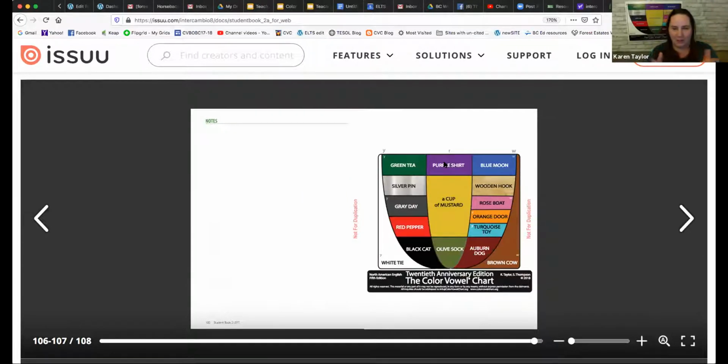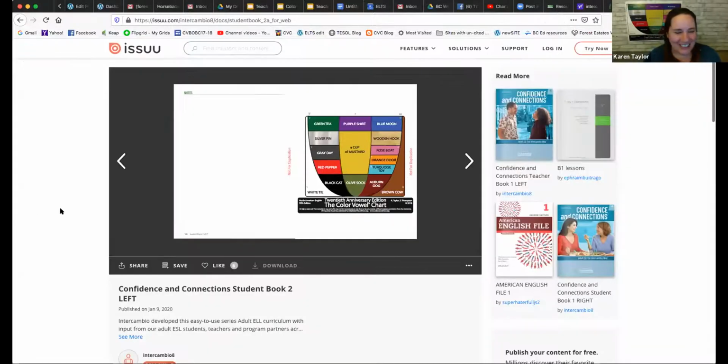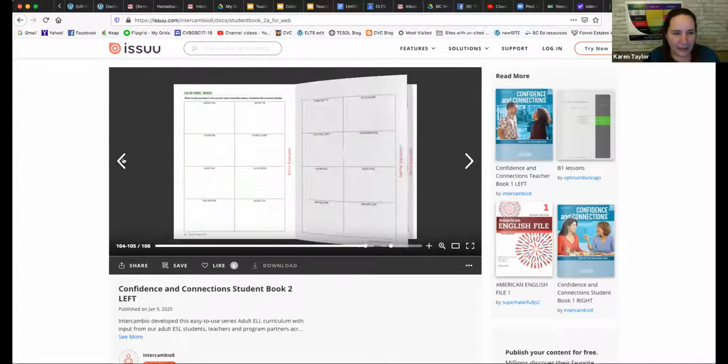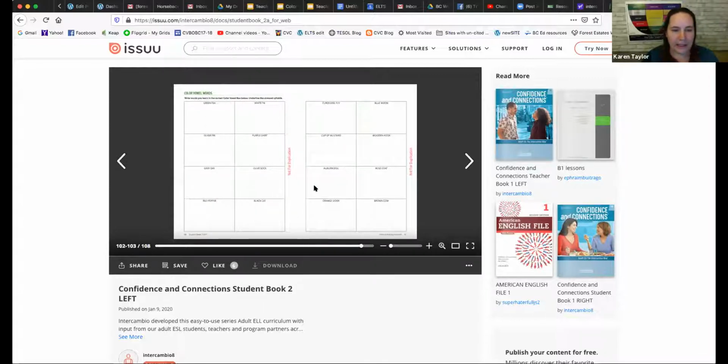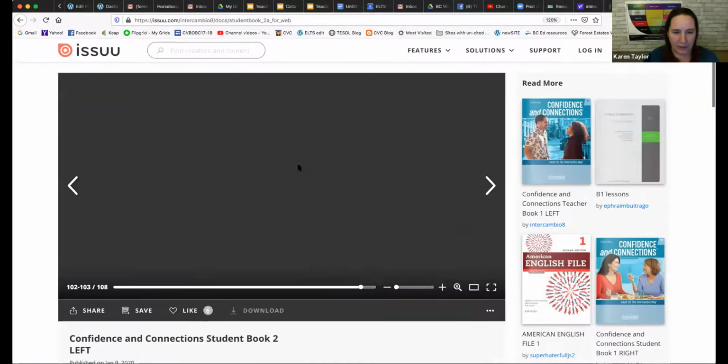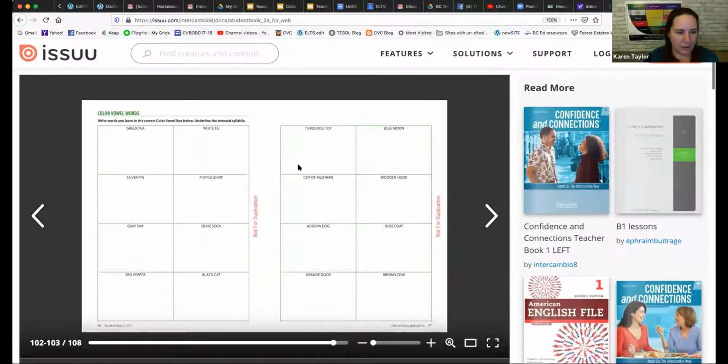So those of you that are really familiar with the chart behind me, you're like, whoa. But they really wanted an up and down version for their purposes. So we agreed that they could do that. I kind of see it like when your own photo gets stretched, like a skinny chart. So there's the skinny chart. And then if we go back, see if I can make this bigger for you. You can see that they have a version of the Color Vowel organizer that a lot of people here know so well, okay?